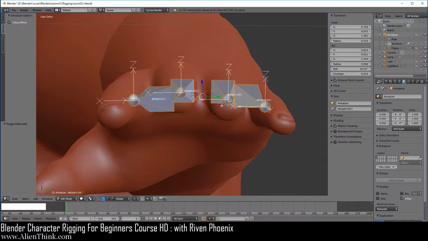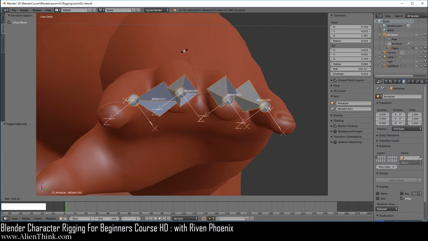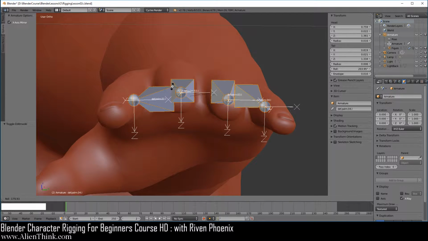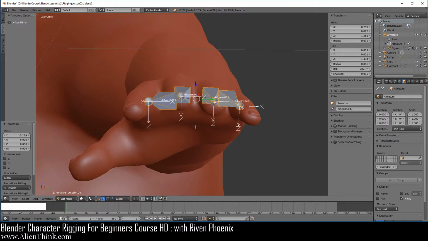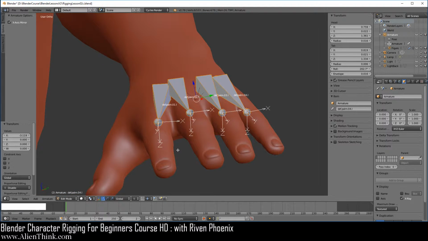It makes it easier to do it this way. Now all we have to do is Control R and simply rotate so all the Z-axis basically average out and point downwards like this, okay? Kind of like this over here. And that's fine. Later on we'll come in and adjust these bone rolls. But the overall picture is there.